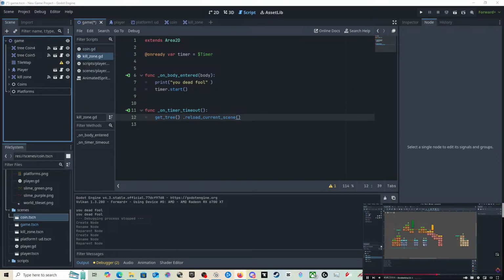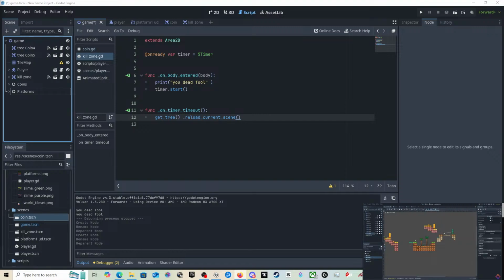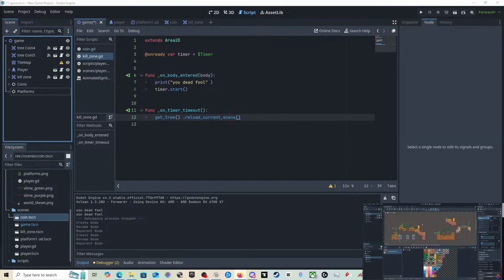Now I'm going to paint in a bit more level and change the things that I don't like. And I'll put in some more gameplay elements. I'll also paint in some background tiles. But to do this, we need to add another layer to our tile map.